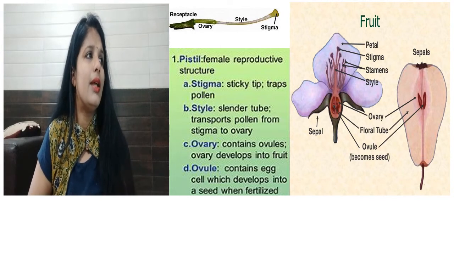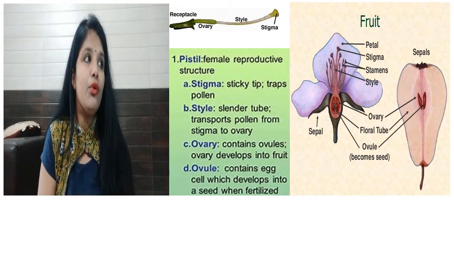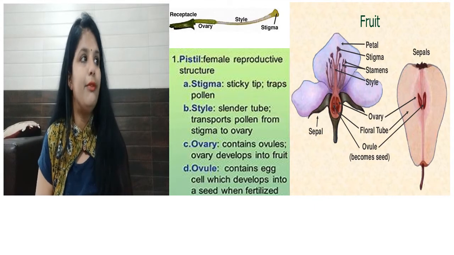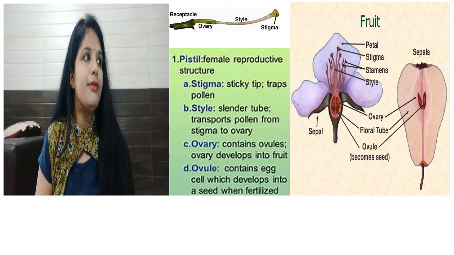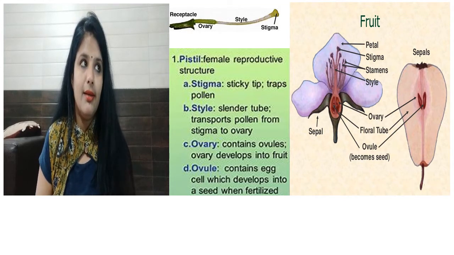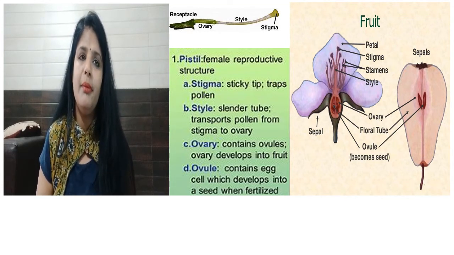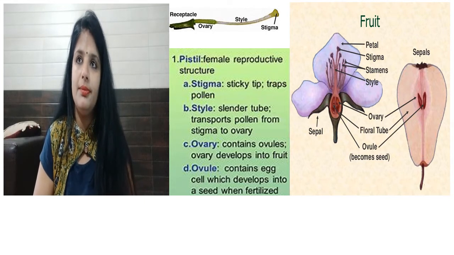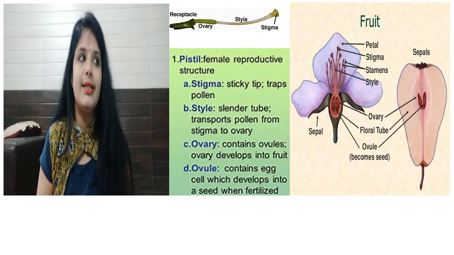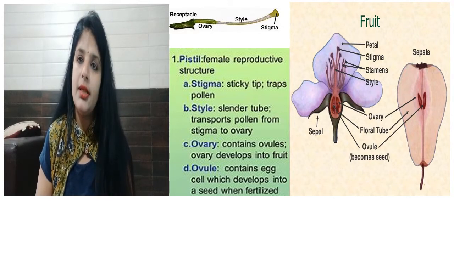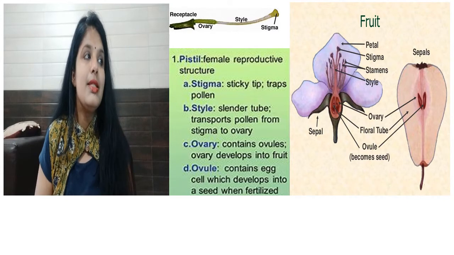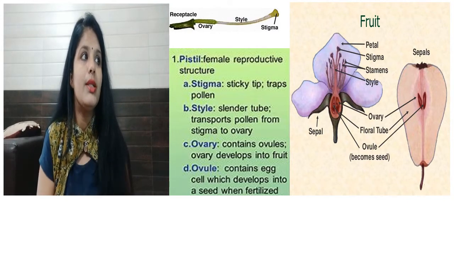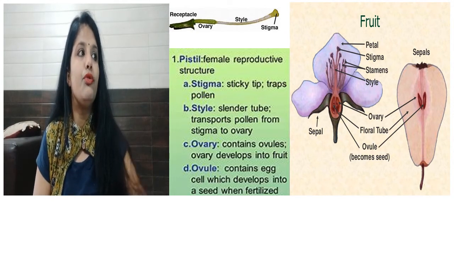You can look at another diagram, how a flower is converted into fruit. In the first diagram, you can see there is a flower. Later on, that flower converts into fruit. Petals are there, and these petals may remain with the fruit, but generally they wither off. Stigma generally withers off. Stamens wither off. Style withers off. This ovary, you can look in the diagram, converts into fruit, and